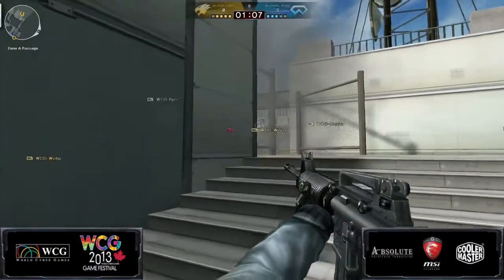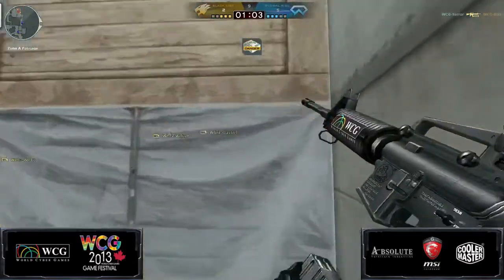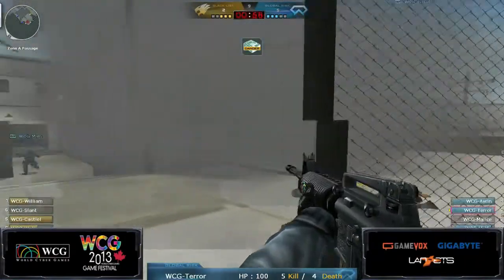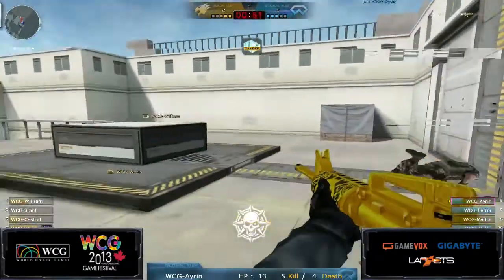Malte was trying to scope from the middle balcony through the middle here. Terror able to get that first pick there on Bizz. Bomb is now down. Castiel is going to be the next one up on the board for the frag list. If he holds his spot here, he's right behind this gray box and they're on the corner. And here comes Ayrin and Terror. Malte right behind the flag. His flash